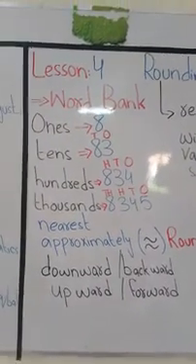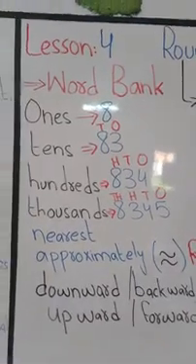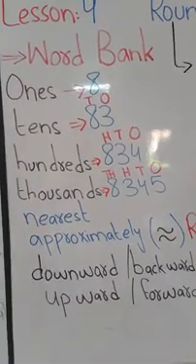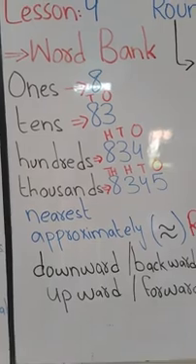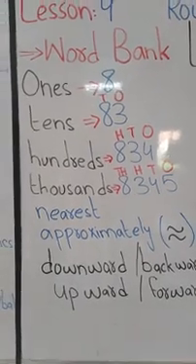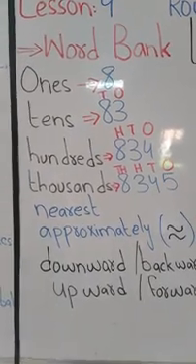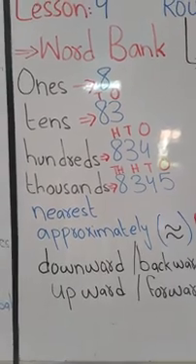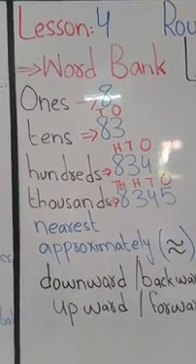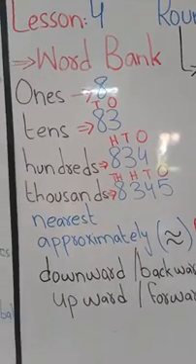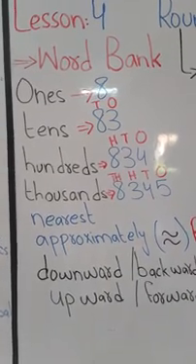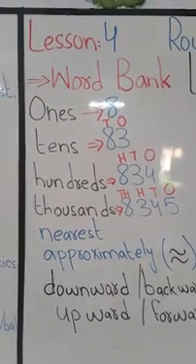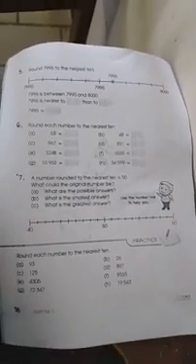So you all know the place values of ones, tens, hundreds, thousands, where ones stand, where tens stand, where hundreds stand and where thousands stand. As you all know, we have already started lesson number 4, rounding off to the nearest 10. So let's go to the textbook page 18. So here is the textbook page 18. You all have to open it and write date and day on it.